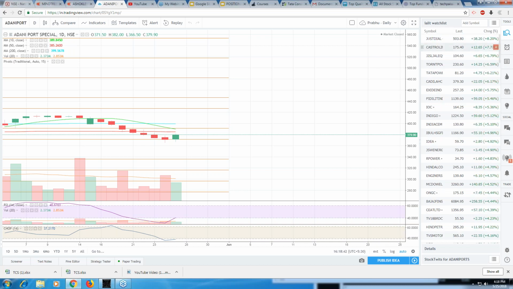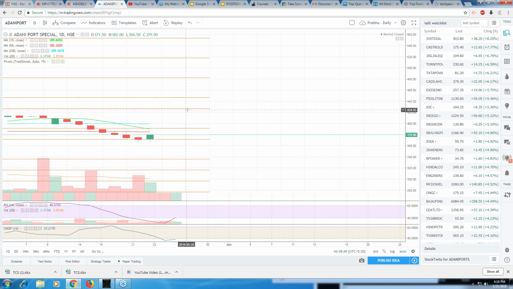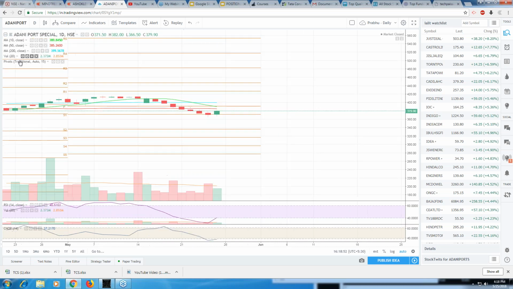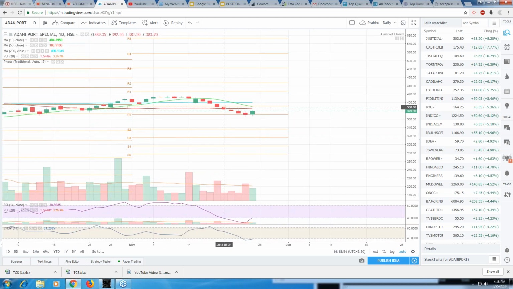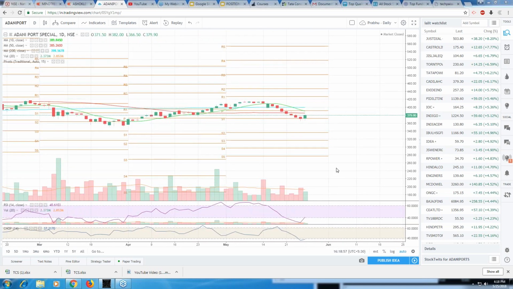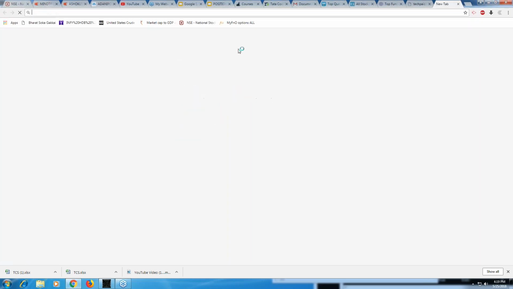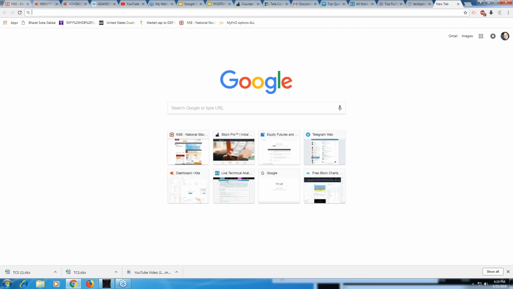So this gives you that, and you can make whichever indicator you want. You can take it from here and draw it like this. What we have is the 10, 50, 200 moving average and the volume, right? This is what we have over here. So Trendline, TradingView is a very, very important website, but this is expensive and it is free also. Some part of it is free as well, but that doesn't give you many options. Then you have investing.com.